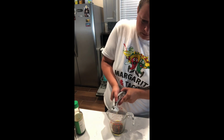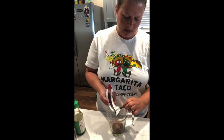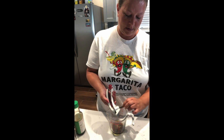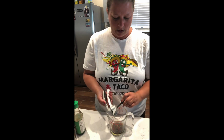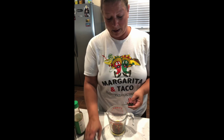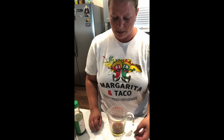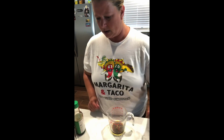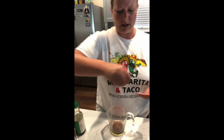Boom. Oh, I forgot to grab me a lemon. Usually, if I'm doing Mexican, I would use lime, obviously. But for this, I'm just going to use maybe one or two. Let's go ahead and try. Let's start with one. We'll see what that adds up to, and then do a second one in a second if we need to. This is a pretty soft, juicy